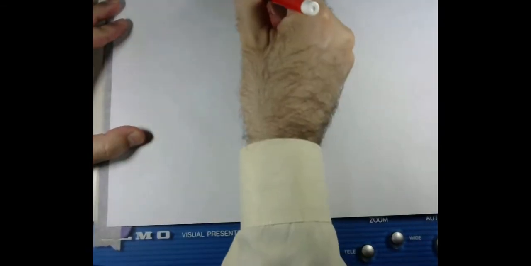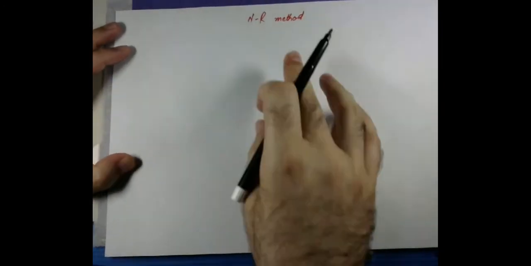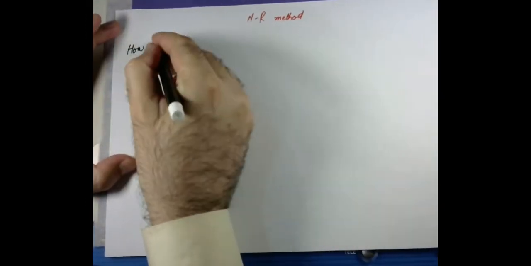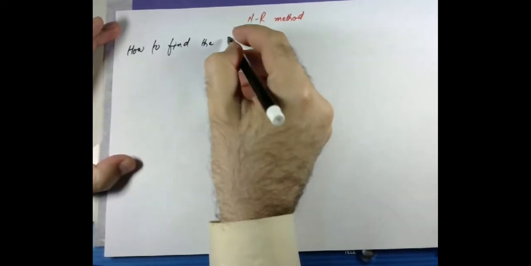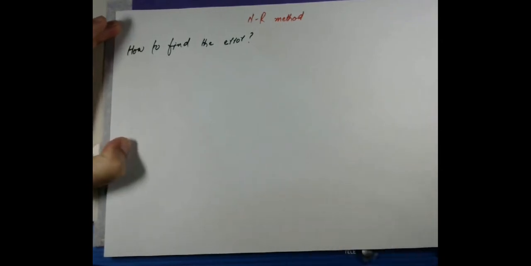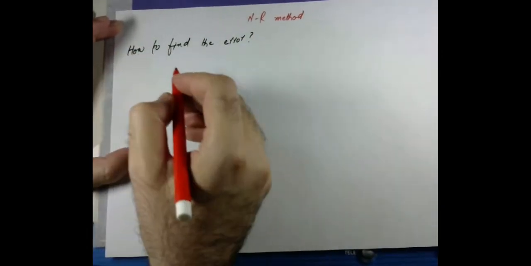We are talking about the Newton-Raphson method, and the question is now how to find the error. In the first estimate we have an error, and now we will derive the general form for determining those errors. So let's start with